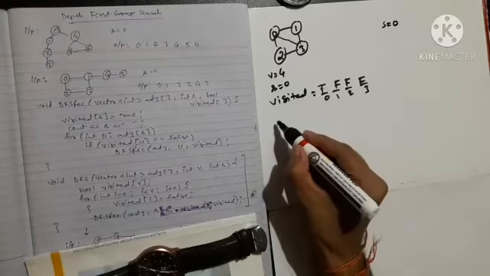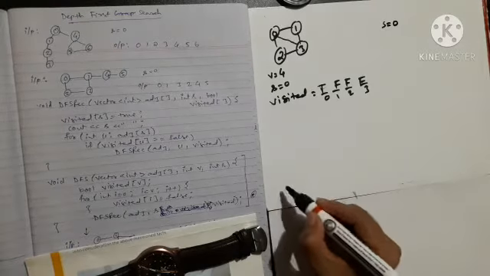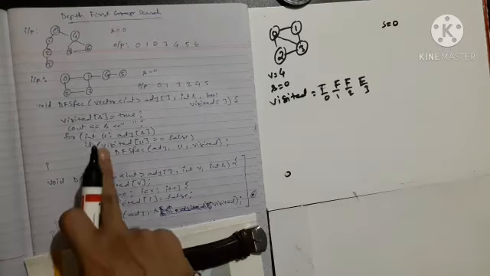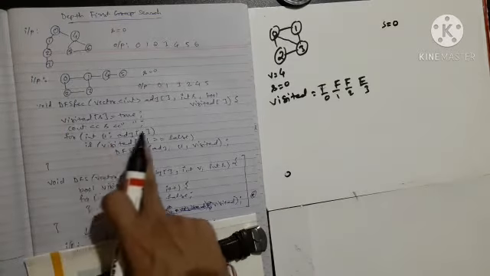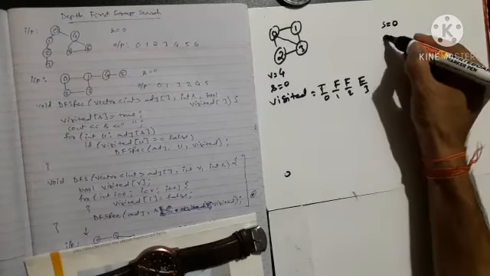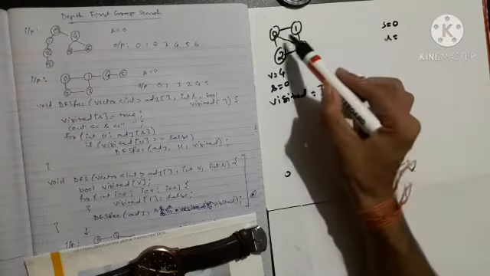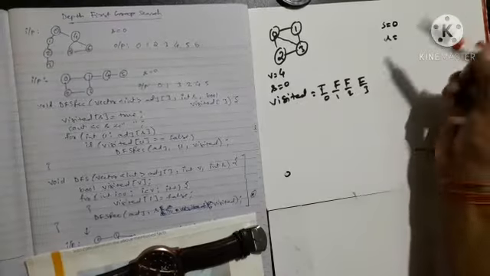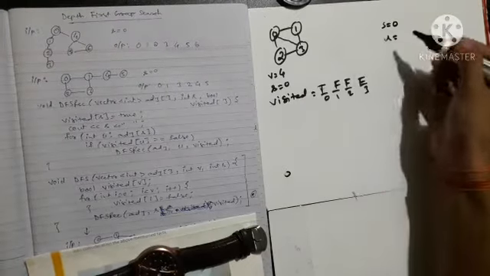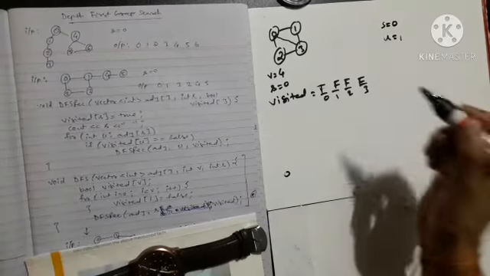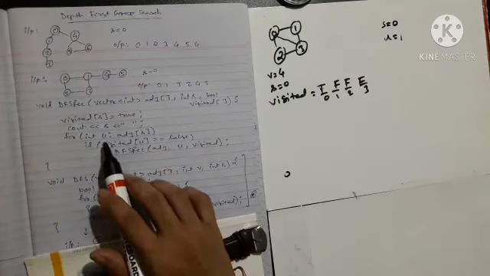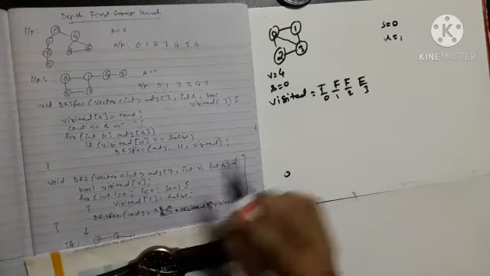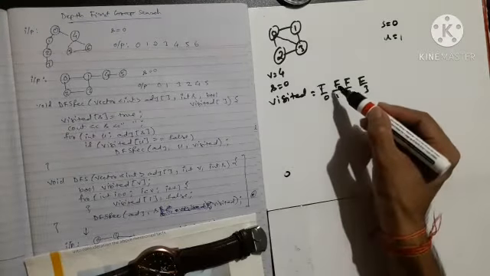print this. Okay, let us write here that I am printing 0. Okay, after printing 0, I will in u take the neighbors of 0. So now my u points, what are the neighbors of 0? Let's say neighbors of 0 are 1, 3 and 2. Let's say 1. It can be 3 or 2, but let us take 1. Okay, now again u becomes 1. Now visited of u is equal to false. Yeah, visited of u, that is 1, is equal to false.